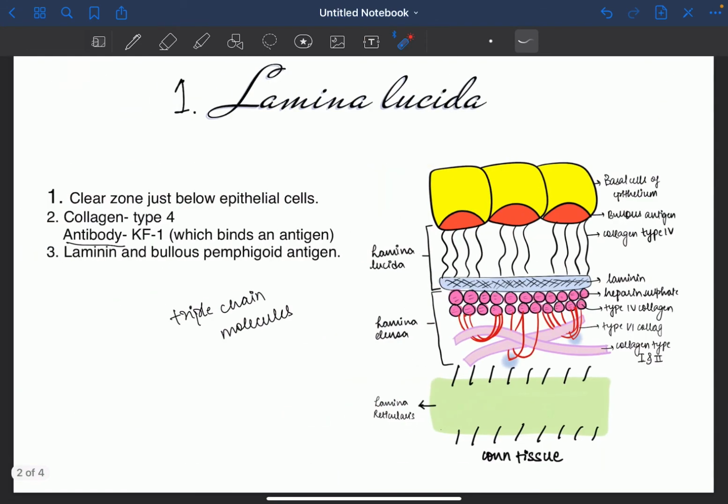Now one more important point, this basement membrane promotes differentiation, that is modification, and peripheral nerve regeneration. We will further see the route of nerves coming from connective tissue to the epithelium. So it also promotes nerve regeneration and growth, and it tends to prevent metastasis. Now this metastasis is a deadly property which is present in the cancerous cell. This basement membrane prevents metastasis.